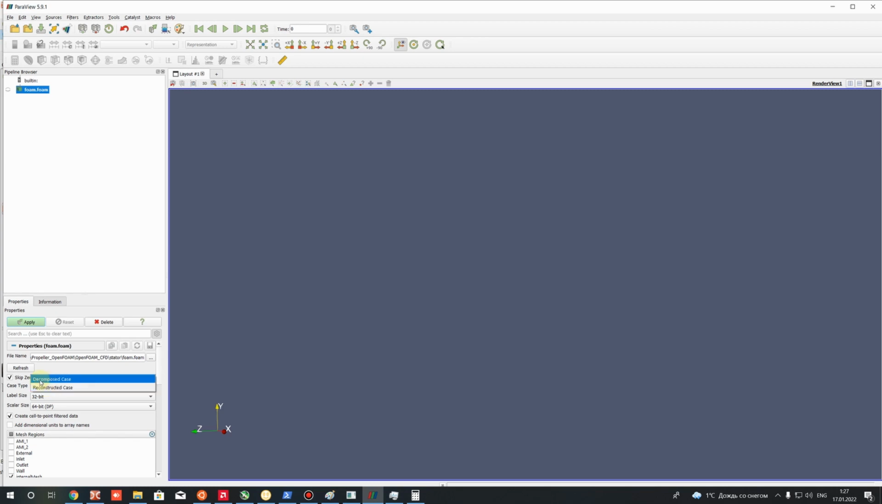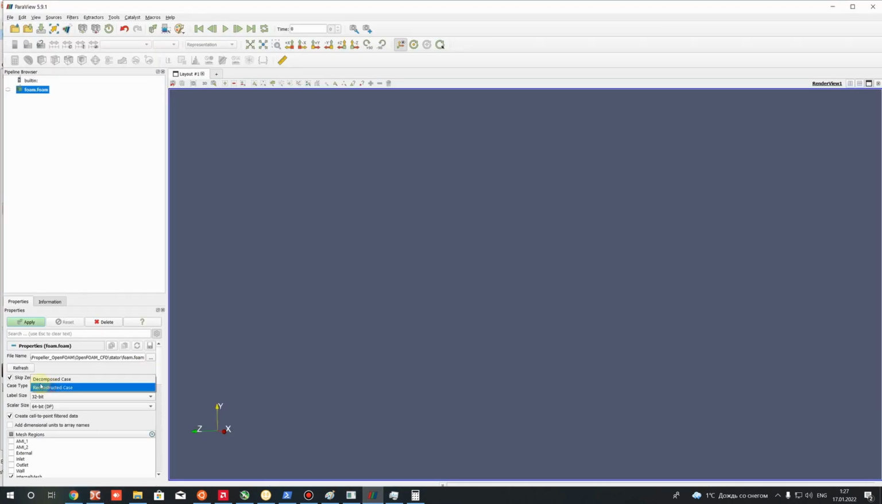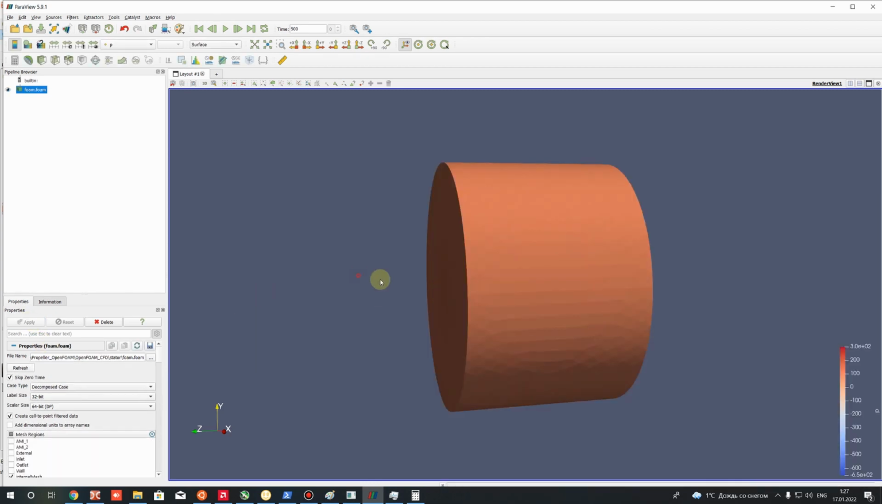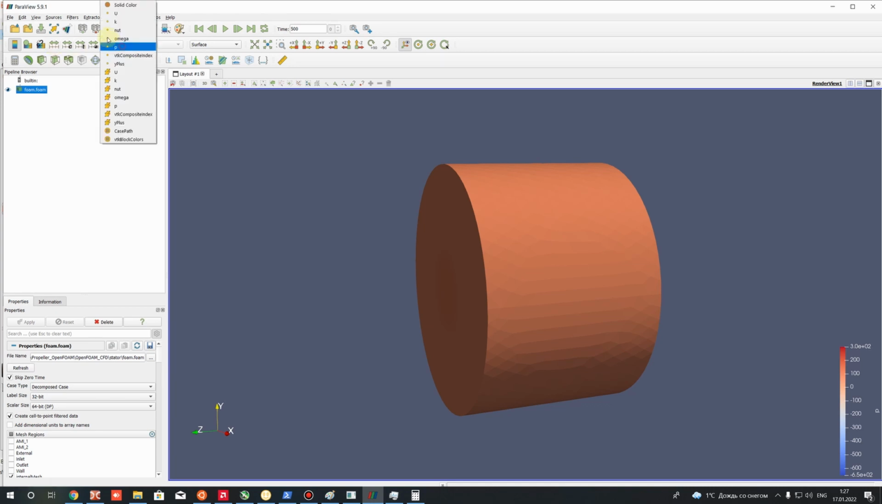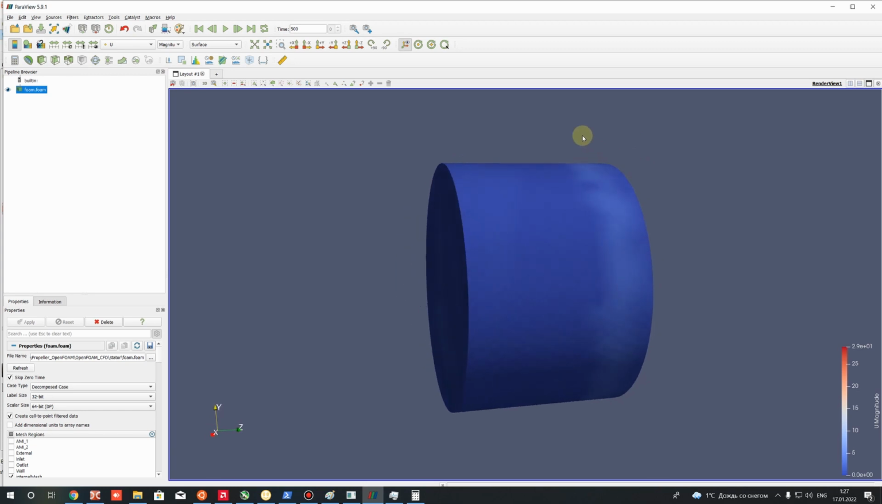You can open the decomposed case in parallel mode or the reconstructed case. You want to use this one file of Paraview. Okay, let's choose a decomposed case, for example, and here we have the different fields. You can see how it looks, and after that let's